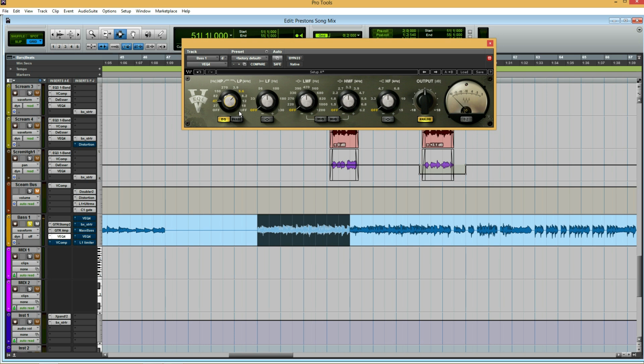I really don't notice anything past 5.6. I feel like I lose a little bit of usable information when I go to 3.9, so let's go to 5.6. And about the EQ, this is just a parametric EQ from the Waves Gold Bundle,